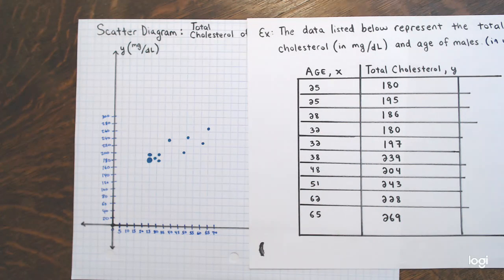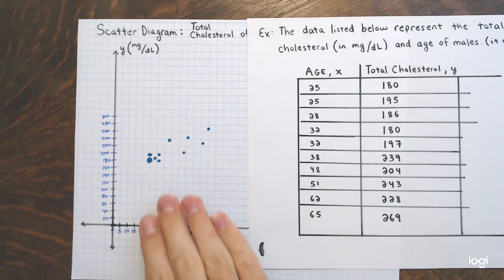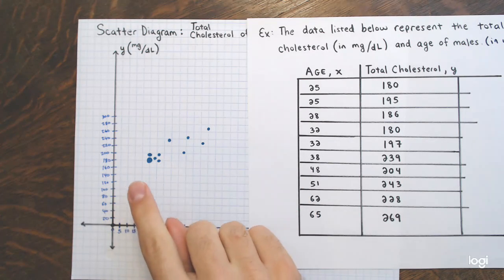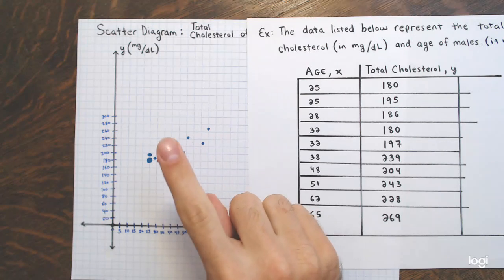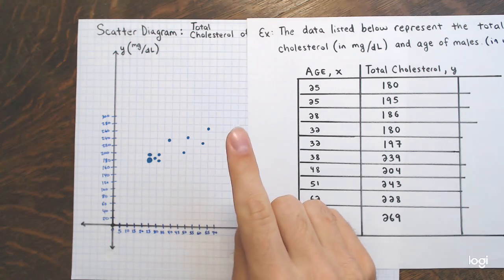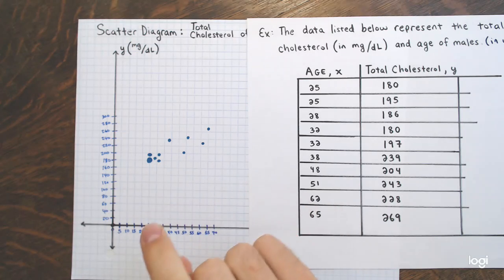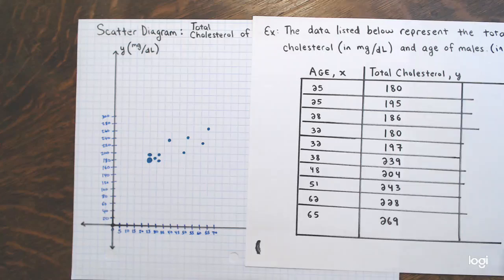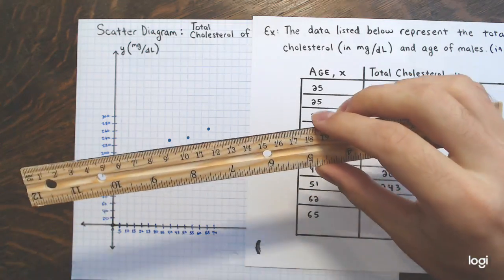And what we're going to be doing later, in a later video, is trying to determine a line that kind of fits the data pretty well. Obviously, these 10 points don't all fall on a straight line, right? This is clearly not going to be a straight line if I tried to connect them all. But we're going to try to draw a line in here that fits them, that kind of goes along with